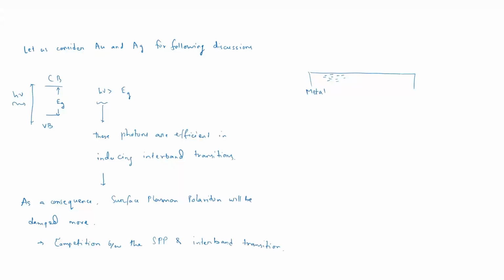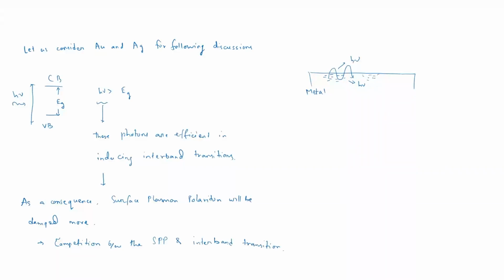These electrons oscillate in the presence of the light. The oscillation of these electrons will give out a photon of energy h nu. Now these photons will have a wavelength and an electric field, and because of this photon the electrons will